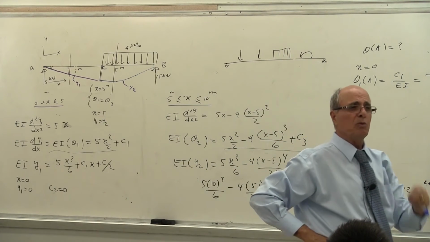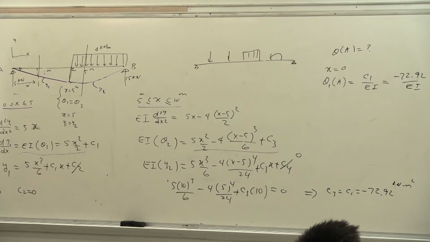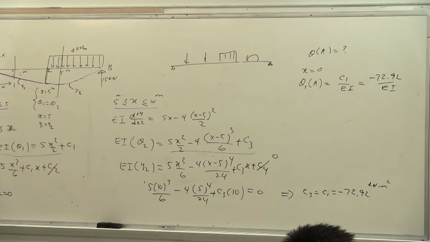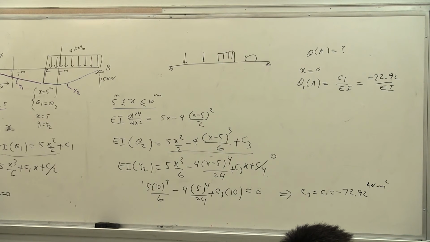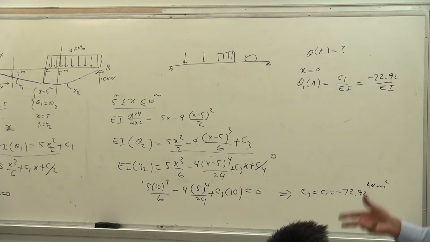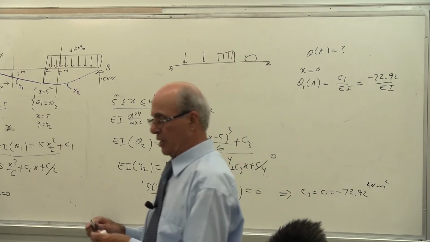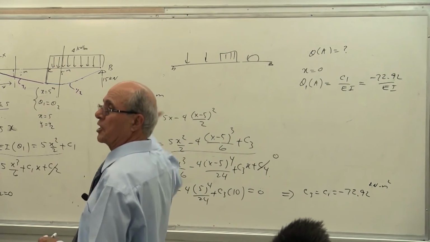Each time I get 2 constants of integration, so it becomes 12. Is this practical? At x equal to a, theta 1 equal to theta 2, at x equal to 2a, theta 2, and so on. This is not practical. This is what we are going to bypass next time by going through a new system. The new system is getting rid of this section.